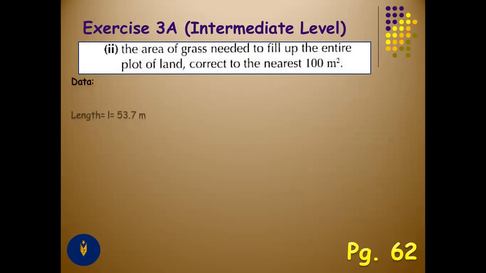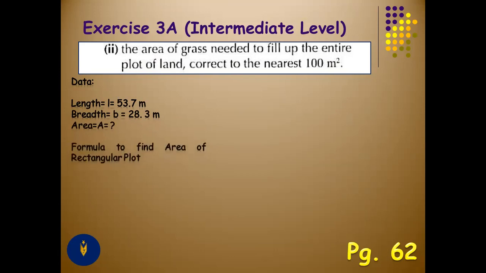So length is 53.7 meter, breadth is 28.3 meter, area we have to find, that is represented by capital A. So formula to find area of rectangular plot is area is equal to length into breadth. So length is 53.7 meter multiplied by 28.3 meter. So you will get